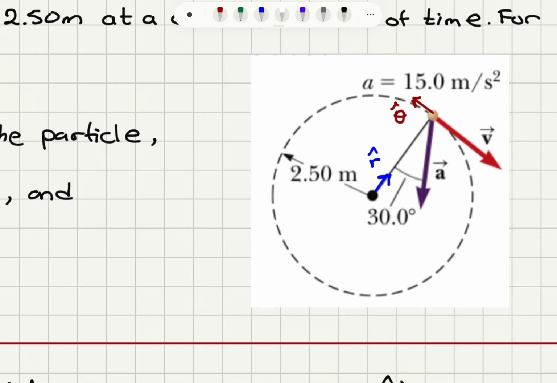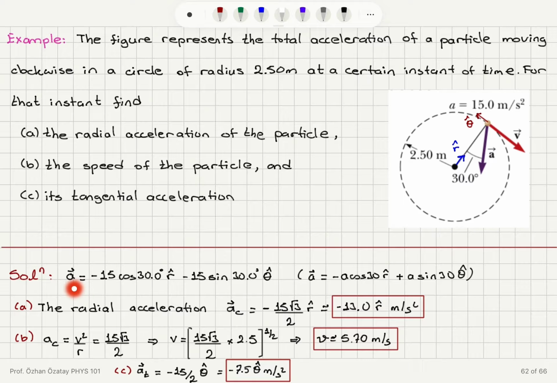So as you can see, we know the magnitude of the total acceleration, and we know that the acceleration vector makes an angle of 30 degrees with respect to the radial direction. It's going to have a centripetal part, so the component on this axis will be pointing towards the center, and the tangential part, which will be responsible for change in its speed. So the acceleration is minus 15 cosine 30 r hat, so it's pointing in this direction,